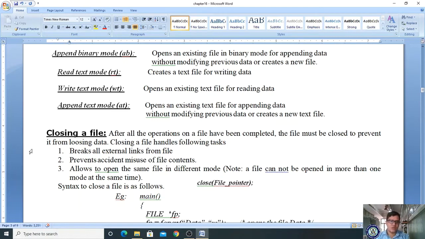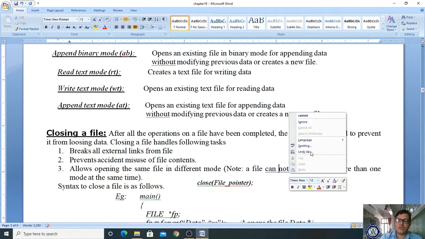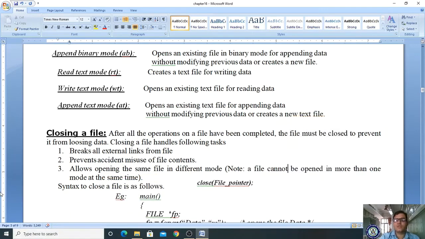If you close the file safely, the content will not be lost. It also allows you to open the same file in a different mode. Note, a file cannot be opened in more than one mode at the same time. So you cannot open the file in more than one mode.